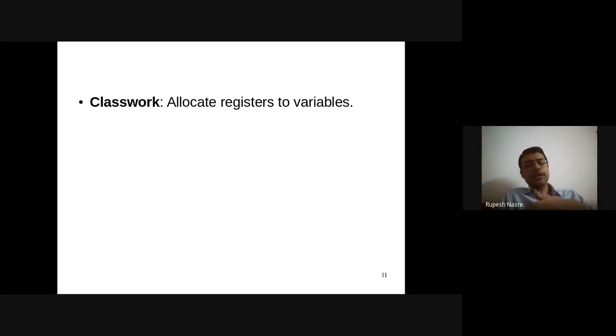But we'll still do it at this stage because there is something which will get revealed because of this exercise. Right? So let's assume that we are generating final code, and your set of expressions or set of statements are going to be like this. Right? So how many registers can you allocate for this set of expressions?